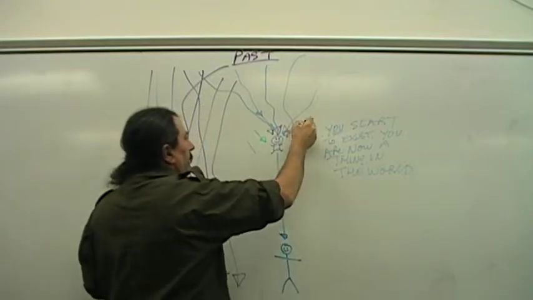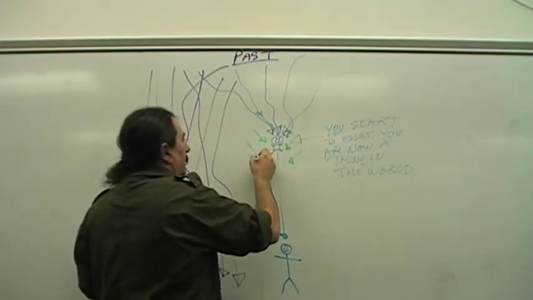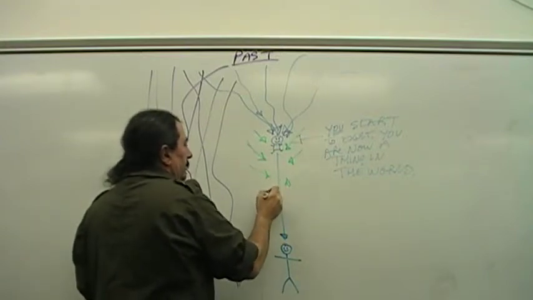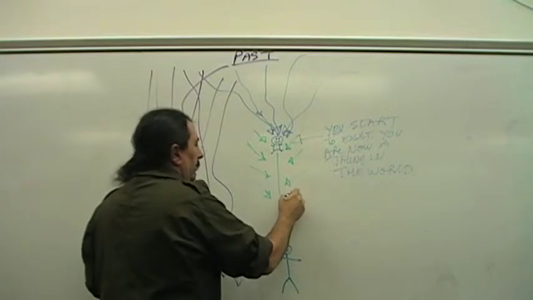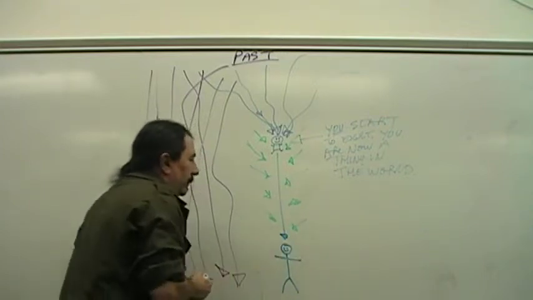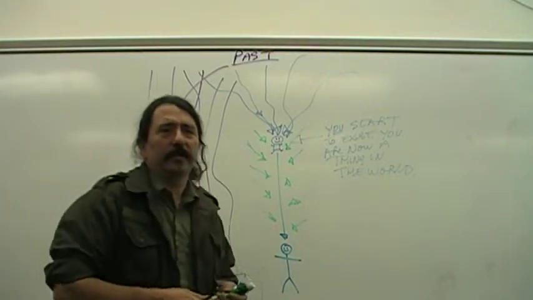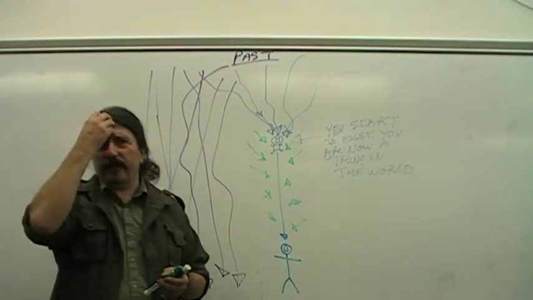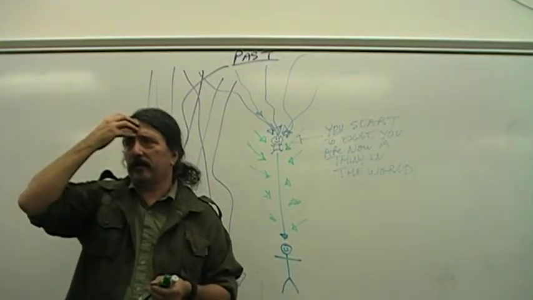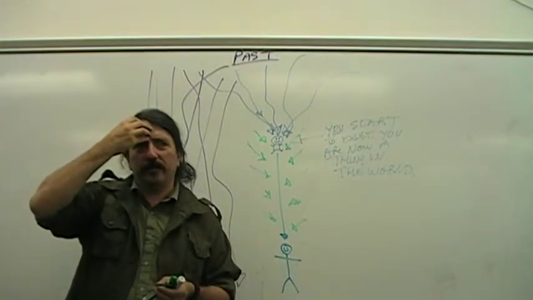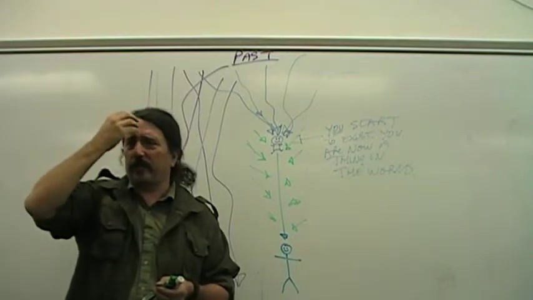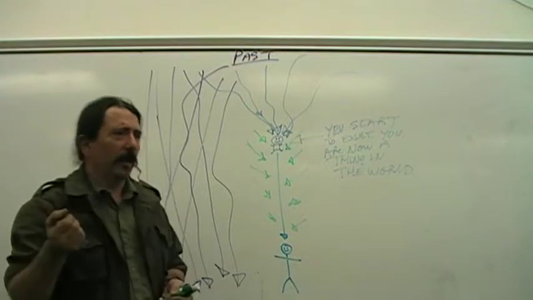Your parents do things. Your siblings do things. Other people do things. You see birds and trees and houses and monkeys, or whatever you see or hear or feel. There are all these inputs into you. And some of them are recorded as memory traces in this very, very complicated thing inside your skull called a brain. The most complicated single object in the universe that we know about, more complicated than a galaxy.